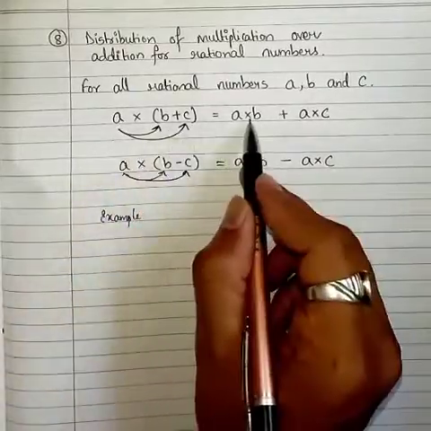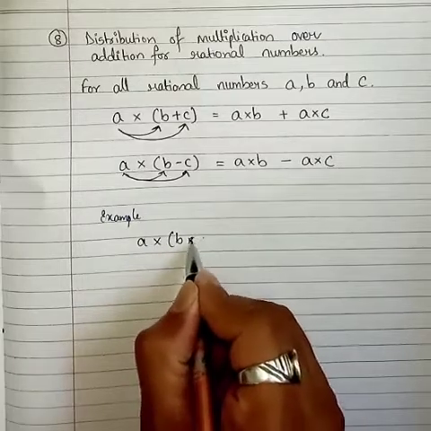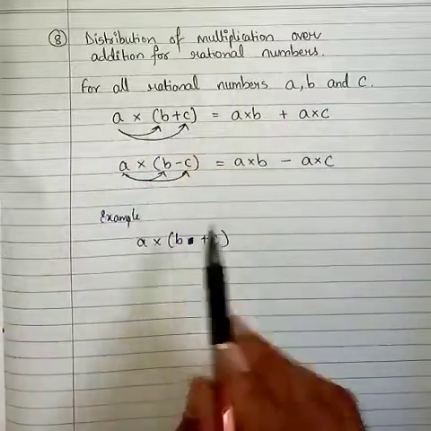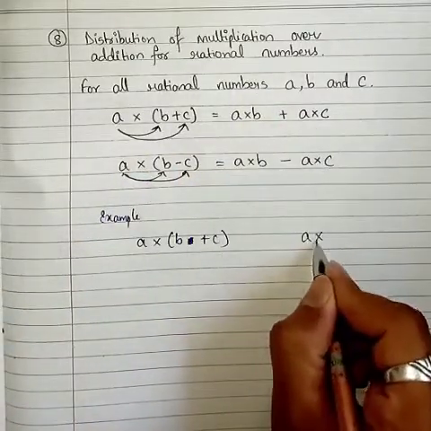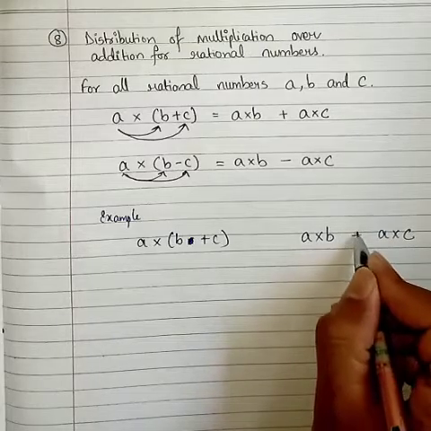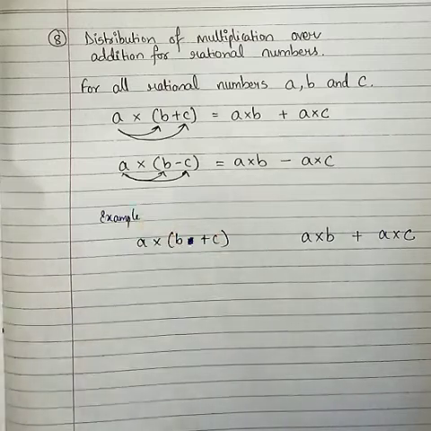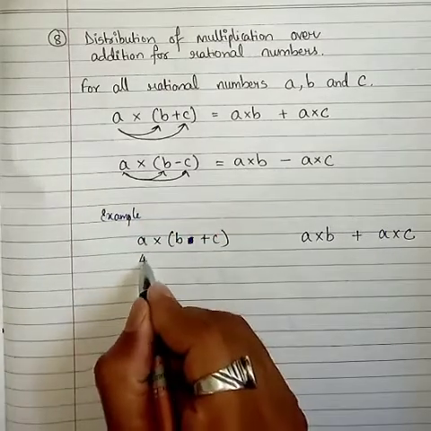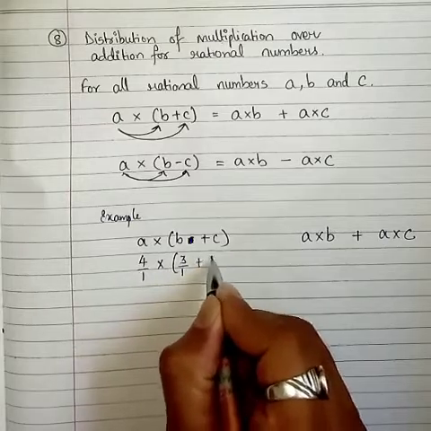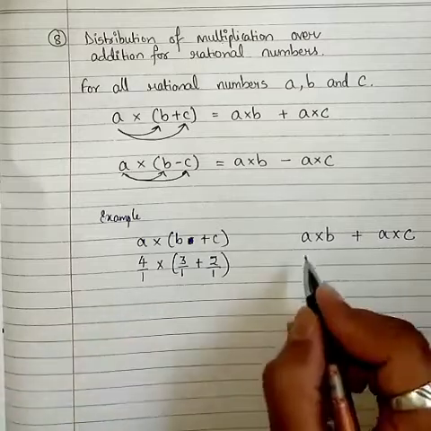जैसे ये रिजल्ट और ये रिजल्ट हम अलग अलग लिख लेते हैं, a मल्टीप्लाई बाय b प्लस सी, यही तो लिखा है हमने मल्टीप्लिकेशन ओवर एडिशन। और यहाँ हम चेक करेंगे a मल्टीप्लाई बाय b और a मल्टीप्लाई बाय c करेंगे, और उसको हम दोनों रिजल्ट्स को ऐड करेंगे और देखेंगे अगर आंसर सेम है तो ये जो रिजल्ट हमें दिखाया गया ये करेक्ट है। सो a की वैल्यू 4/1, b की वैल्यू 3/1 और c की वैल्यू मैंने ले ली है 2/1। ये मेरे एग्जाम्पल के लिए मैंने कंसीडर कर लिया है।